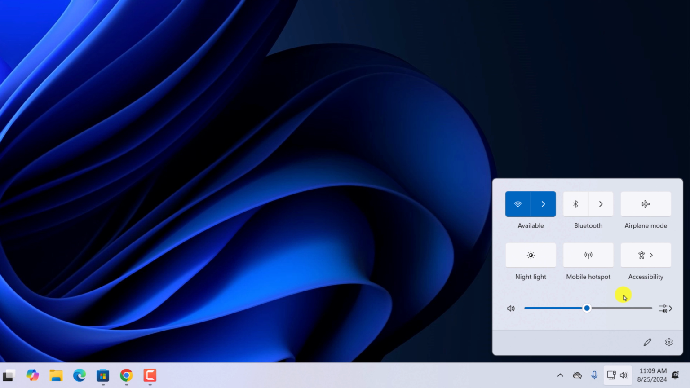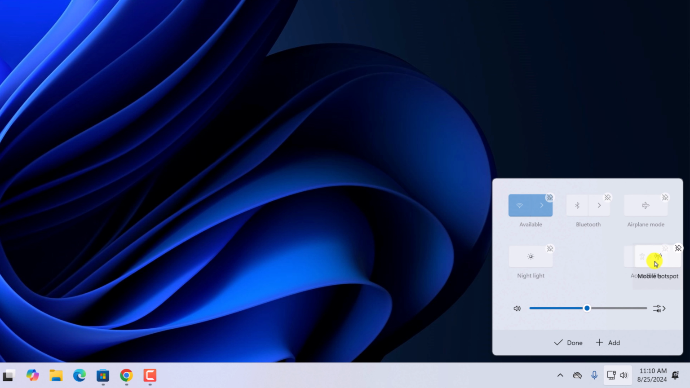However, some options are missing on your quick settings menu. Then you can also customize or add new quick settings options. For that, simply click on this pen icon. Now to move any icon, you can simply drag the icon and it will get moved, as you can see here. If you want to add any quick settings option on the quick settings menu, then click on add option,